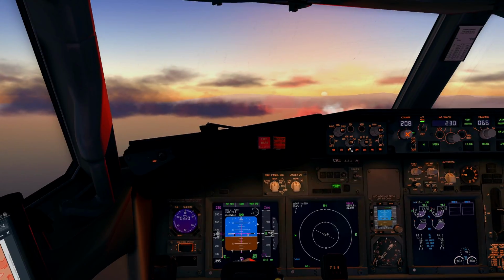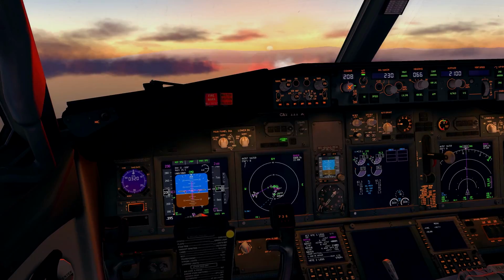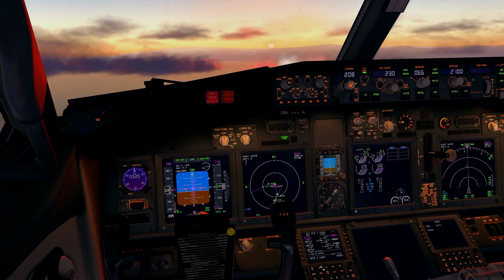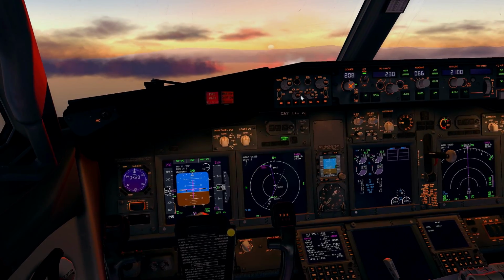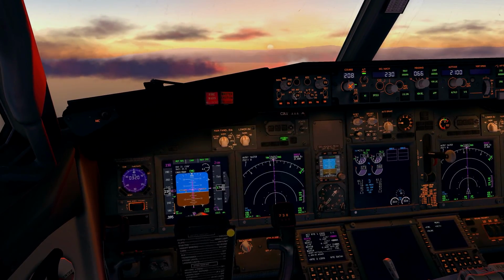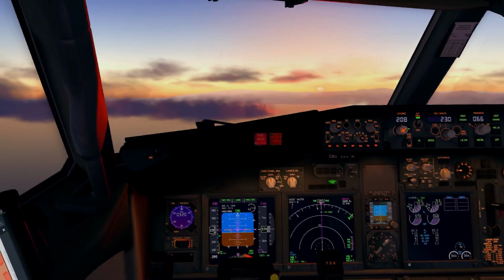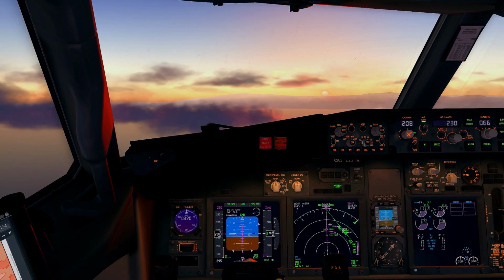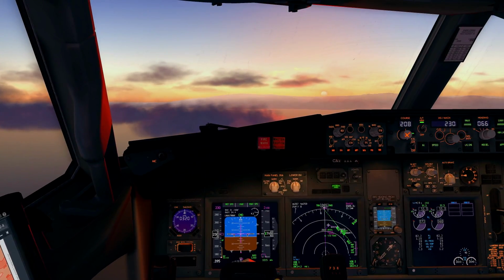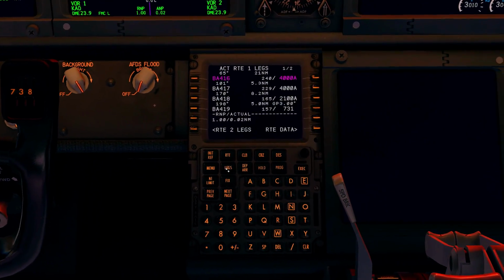Have a look on our plan quick. We can see that we're going to basically come round the bend and then join on, pretty much. So it's not too complicated, pretty straightforward. Could run it visually. So as we're 20 nautical miles out, 15 from our top of descent, we are now all set and configured. So the decel down is going to be